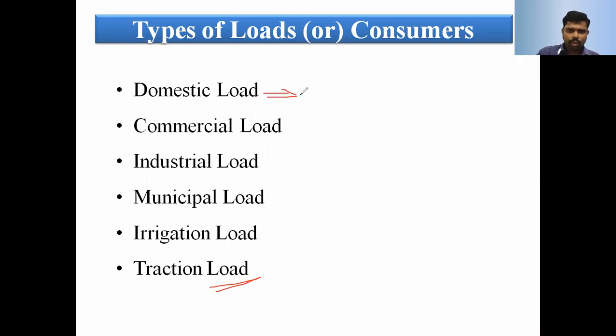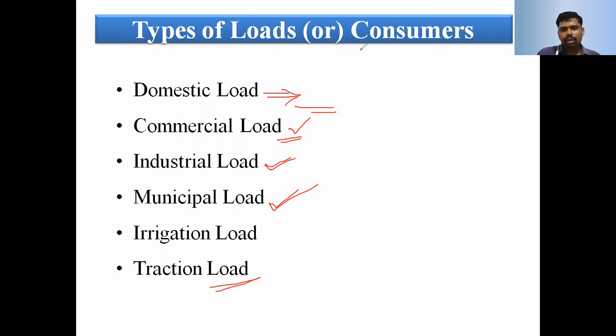Here also the domestic load is not constant throughout the period. Morning 4 or 5 o'clock up to 8 o'clock the load increases, again 12 to 2 and evening 4 to 8 p.m. the load increases. The remaining time the load is somewhat less, below the base load. In commercial load, for 12 or 16 hours a day the load is constant. In industrial load, the load is always constant, based upon the industry, small, medium, and large scale. In municipal load, it is also constant. For street lights, the load is constant for 12 hours, that is night time.